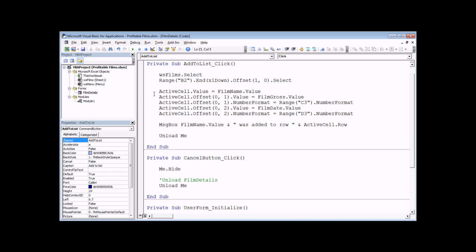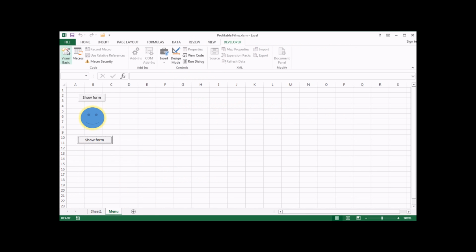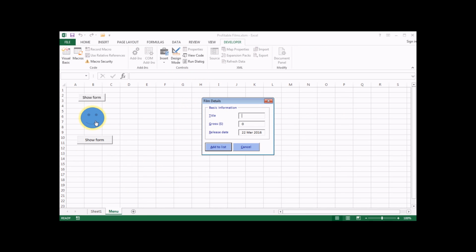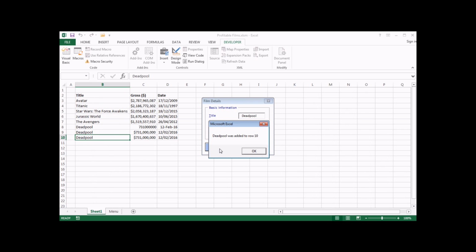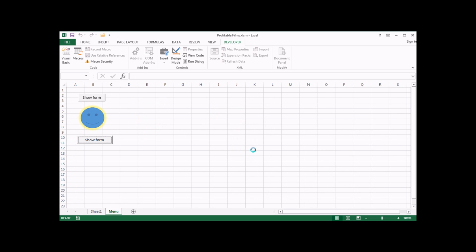Just to give that one a quick test, back into the VB editor, back into Excel from the VB editor, and we'll show our form on screen again. And again, I'm going to use the same details, Deadpool, 731000000. Oops, too many zeros that time. And then 12 Feb 2016. And if we click Add to List again, this time we'll see that we get the same details, but we get a little message telling us that the data was added. If I click the OK button again,